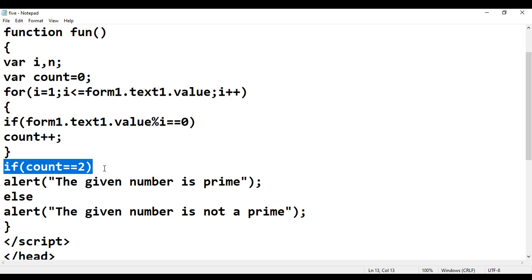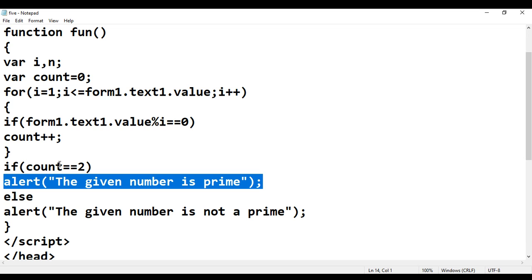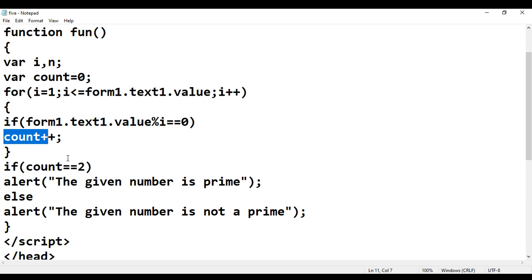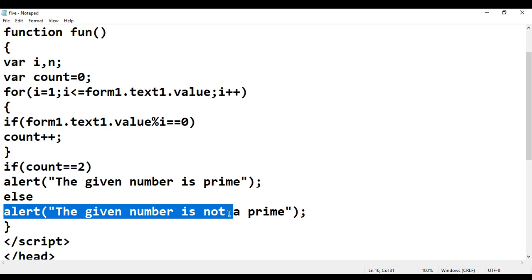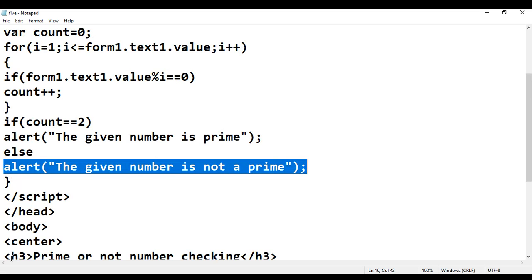Whenever it is equal to 2, then automatically it is prime. If the count is any value other than 2, exceeding to 3 or 4 or 5, then automatically we get an alert message that the number is not a prime.